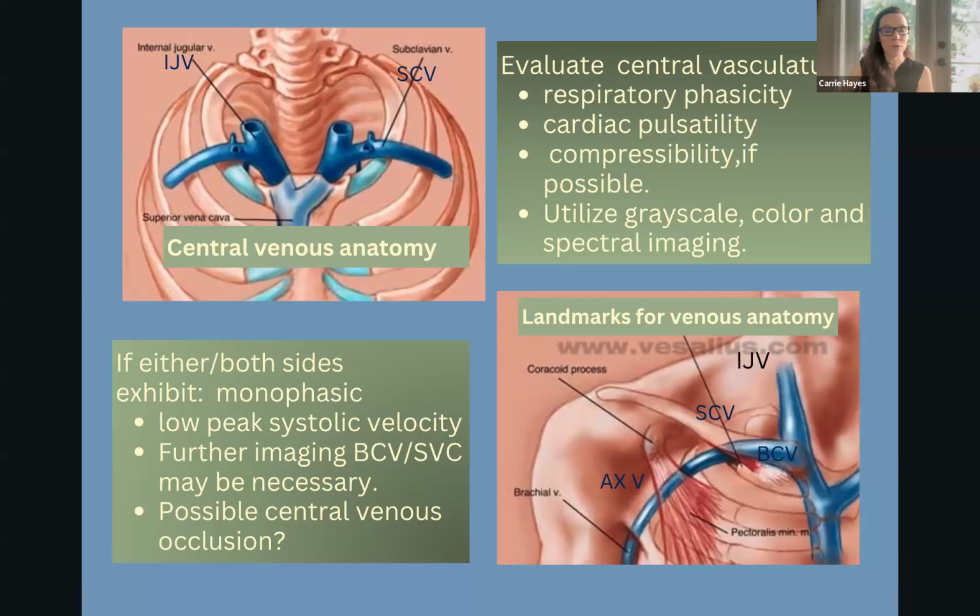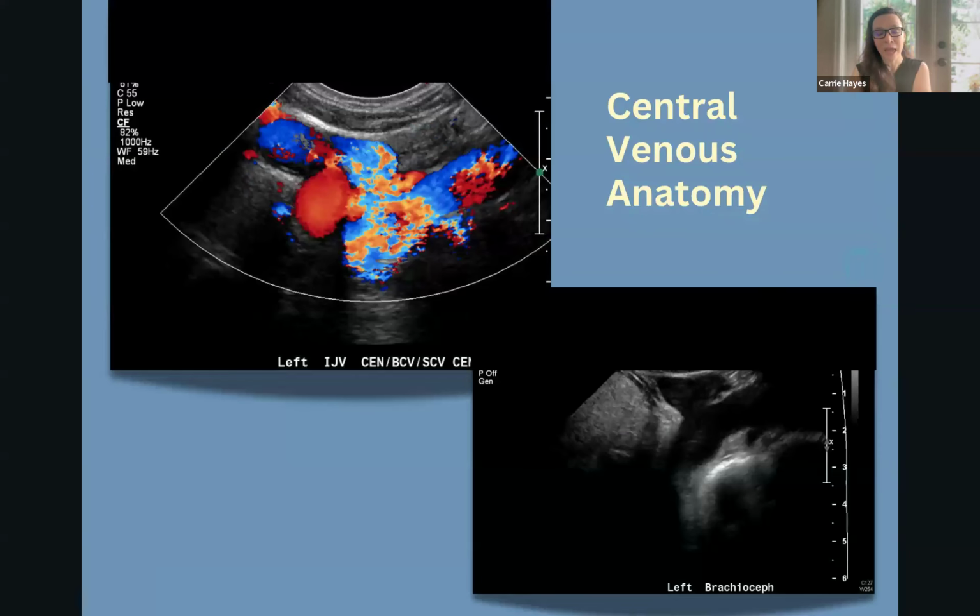So monophasic we've learned is a concern in both ways. Low peak velocities, these folks may need more centralized imaging. Is there a central venous occlusion? Is there a problem? Are these patients going to need to be optimized in some way before they have access